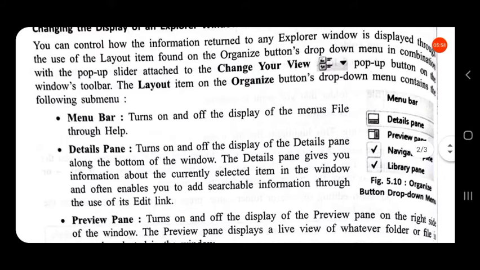In that there is a pop-up button, and it has an option to change the display of the Windows Explorer.